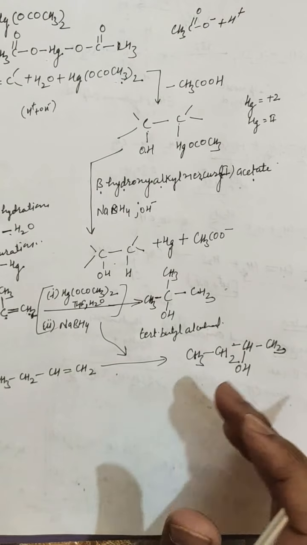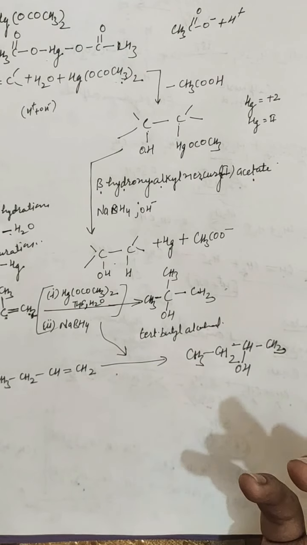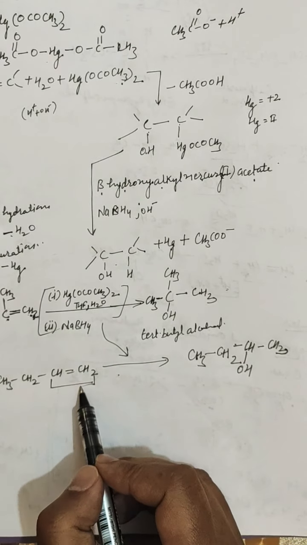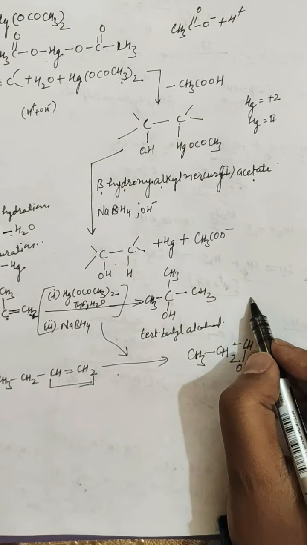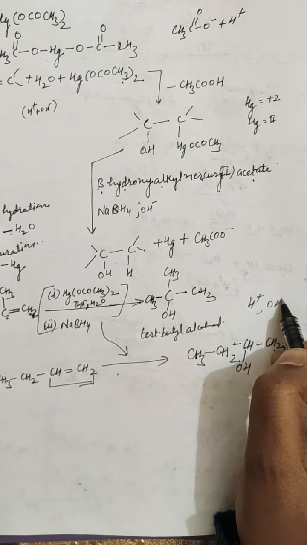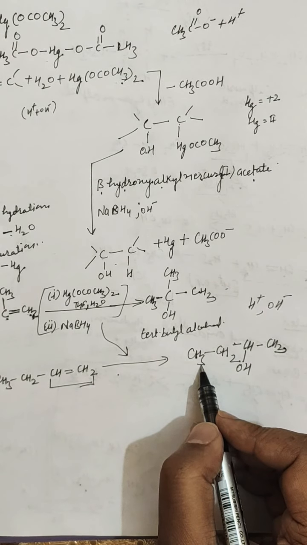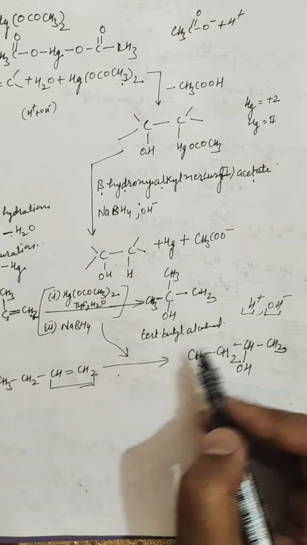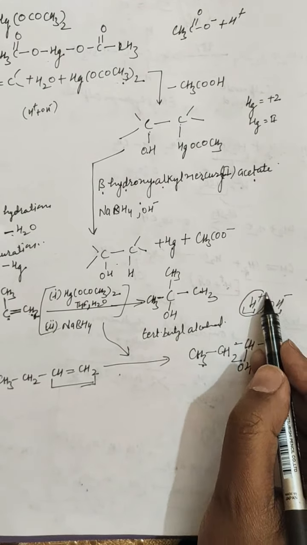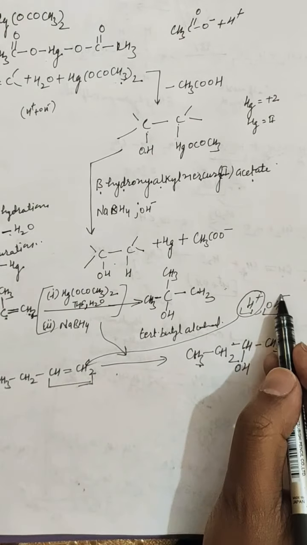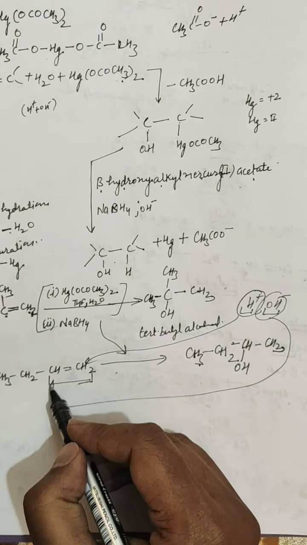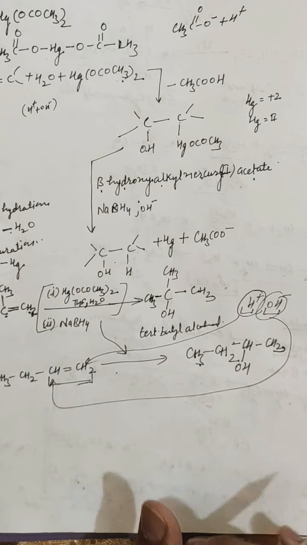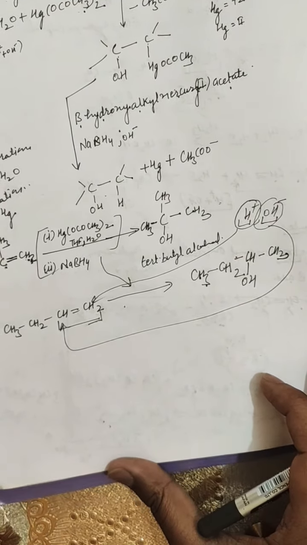Now there are many other examples you can do yourself. You have to just write an unsymmetrical alkene, and after that you have to add one proton and one hydroxyl ion in the oxymercuration demercuration reaction. So you have to just find out which carbon has more hydrogens. The positive part of the addendum will go to this carbon, and the negative part will go to this carbon. So it's not that tough, it's very easy. Further, let's see what its mechanism says.